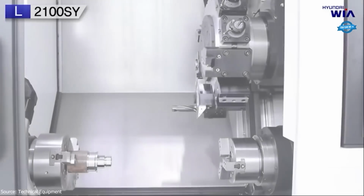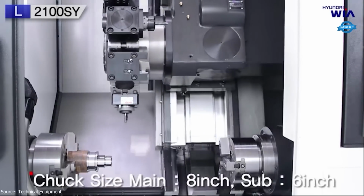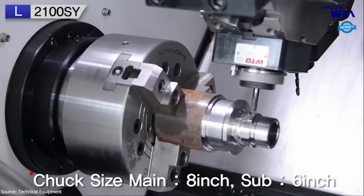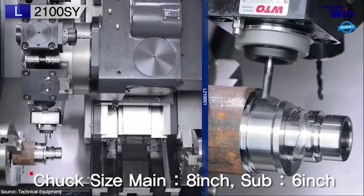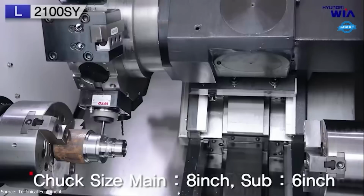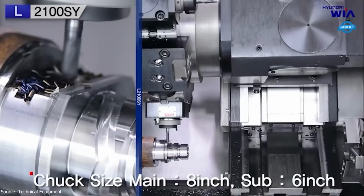The main spindle operates at speeds of up to 4,500 revolutions per minute, suitable for general turning tasks, while the sub-spindle reaches speeds of up to 6,000 revolutions per minute, making it perfect for secondary operations that require finer finishes and higher speeds. These capabilities allow the machine to work with a wide range of materials, offering versatility for different